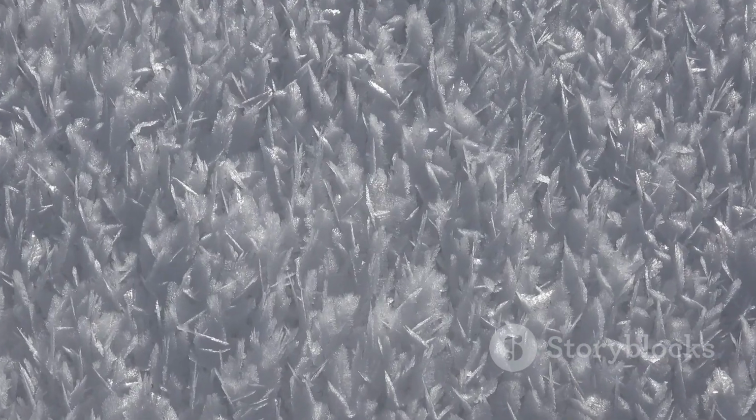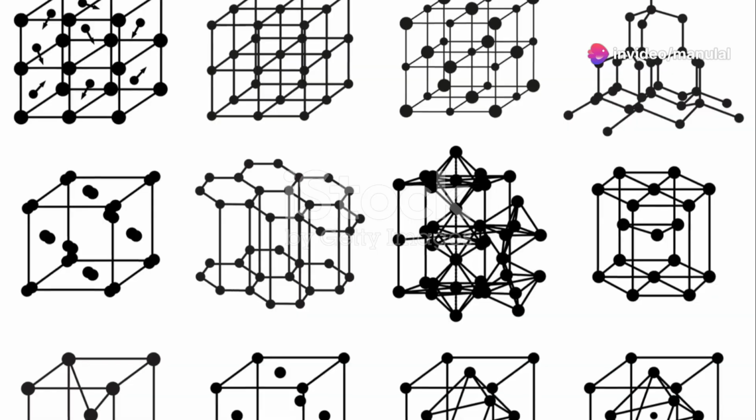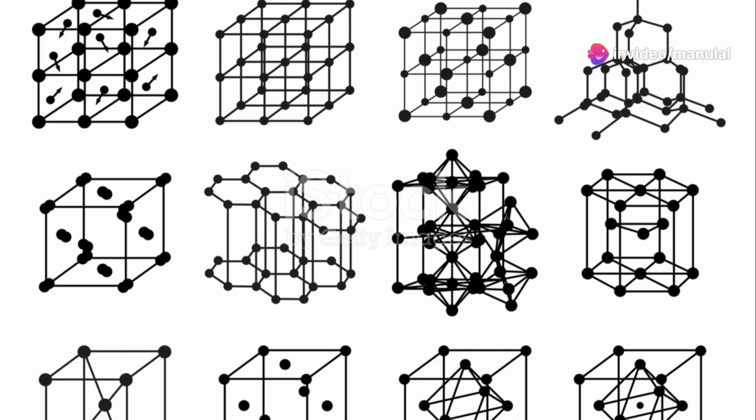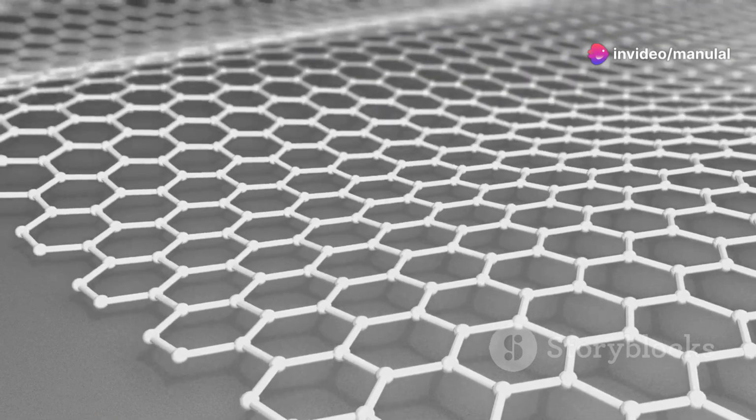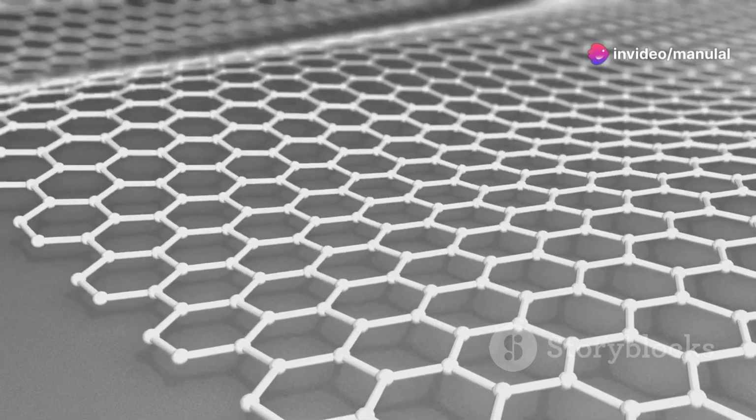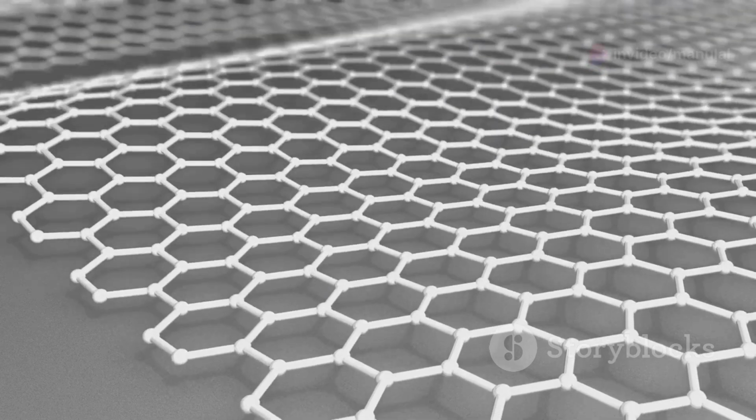To understand the diffraction patterns produced by crystals, we need a new way of visualizing their structure. This is where the concept of the reciprocal lattice comes in. The reciprocal lattice is a mathematical construct that simplifies the analysis of diffraction patterns. Imagine looking at your reflection in a mirror. The reciprocal lattice is like a mirror image of the real crystal lattice, but instead of distances, it represents planes